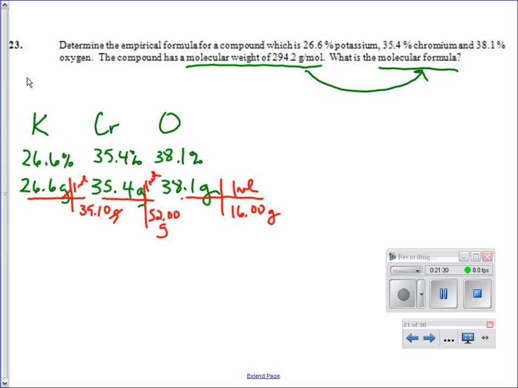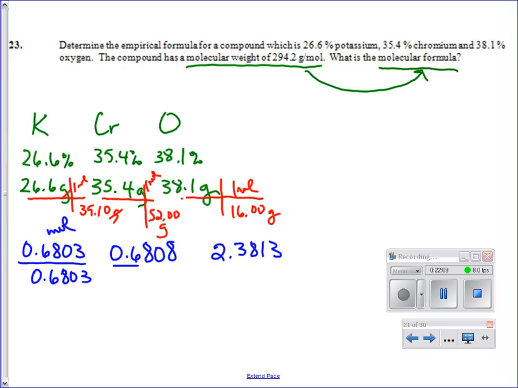So start with the potassium. What do we get for moles? Okay, chromium. Okay, and then oxygen. All right, those are all my moles. So now I need to find the lowest whole number mole ratio. What do I do next? Divide all of them by the lowest number of moles,